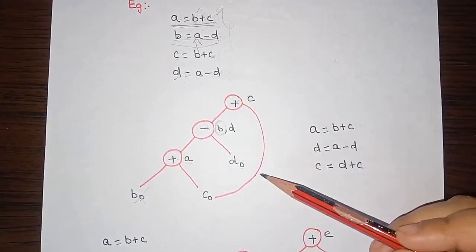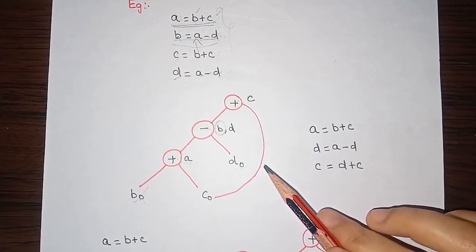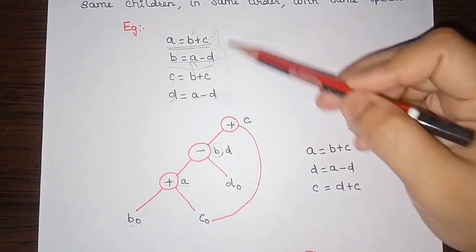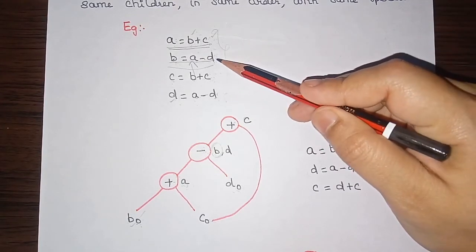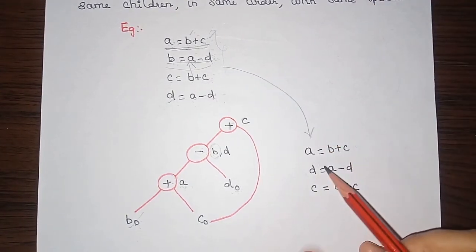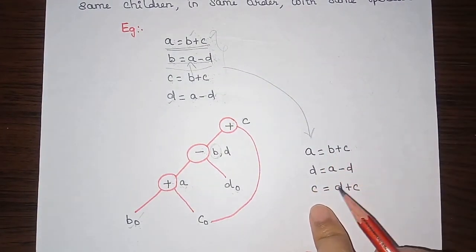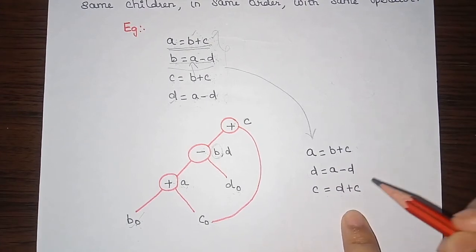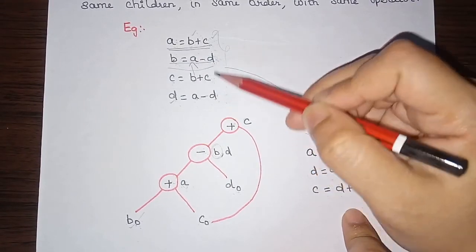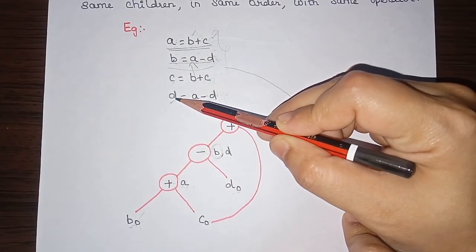So with this DAG, we found the common sub expression, and now we'll see how to eliminate this local common sub expression. So if you take this given statement, and how we can eliminate the local common sub expression is by transforming this code into like this. That is, we are not going to change the value of a and value of c here. So it remains same, b plus c, and c is equal to d plus c. So instead of taking these two statements, why? Because this is the local common sub expression here. So instead of taking these two statements here we are going to consider only the value d.